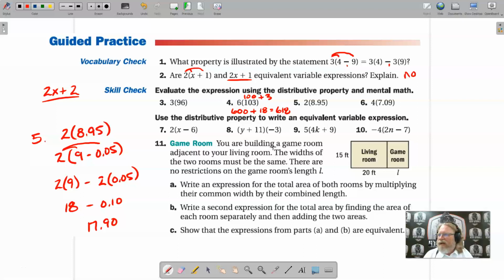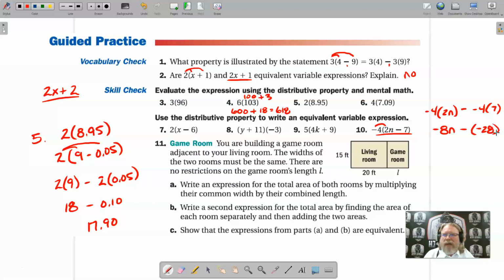And for the sake of time, let's go ahead and jump to number 10 right here. Use the distributive property to write and evaluate variable expressions. So let's do the -4 times the 2n. So -4 times 2n. And let's do -4 times 7. And this is subtraction here. We don't want to mix in that negative with that subtraction sign. -4 times 2 is -8, and the n goes along for the ride. We do have a minus sign, and then -4 times 7 is going to be